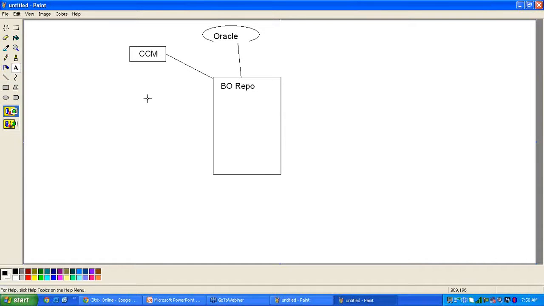And we have another tool called the CMC, Central Management Console. From here we maintain all the business object components, including the security part. If you want to create a user, that can be done through the CMC. If I want to remove a user from BO, yes, I can remove it.